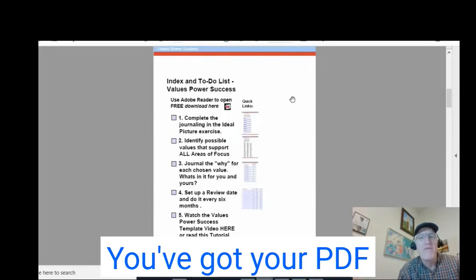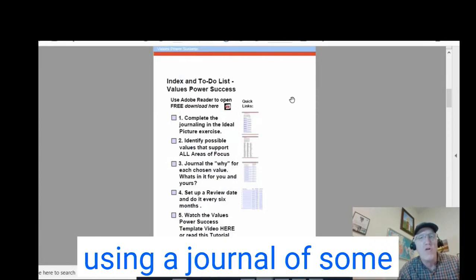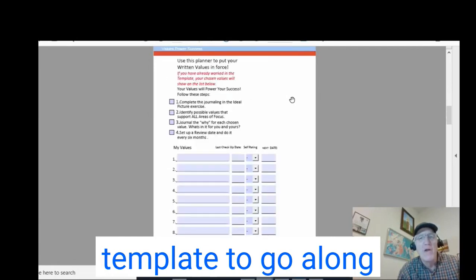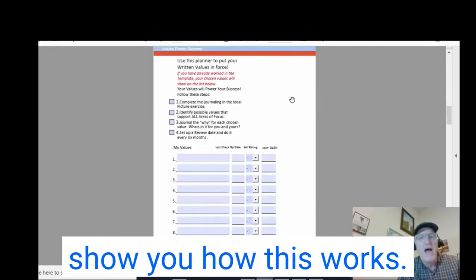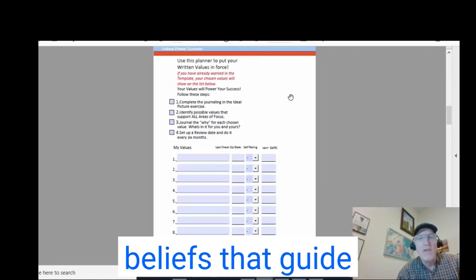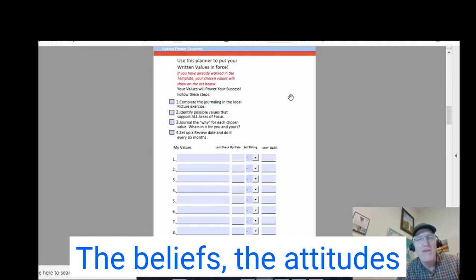You've got your PDF template open on your device, or you're just using a journal of some type, and that's fine too if you don't buy the template to go alongside this. I'm going to show you how this works. What happens with values? Core values are the beliefs that guide your decision making, the beliefs and attitudes you have.